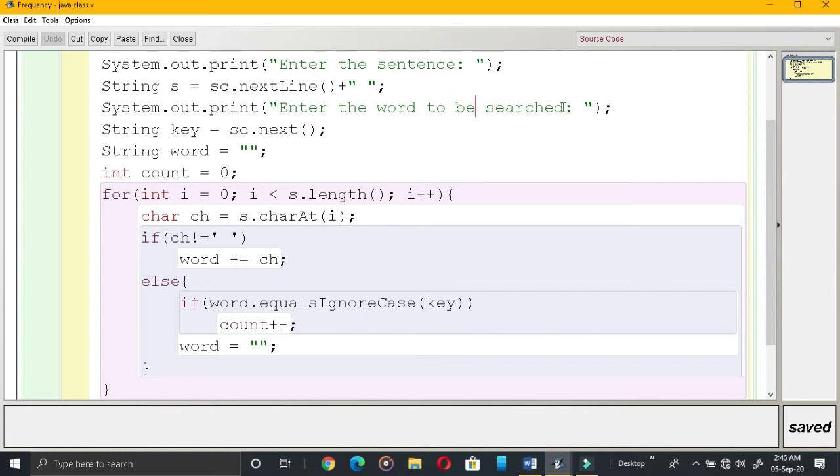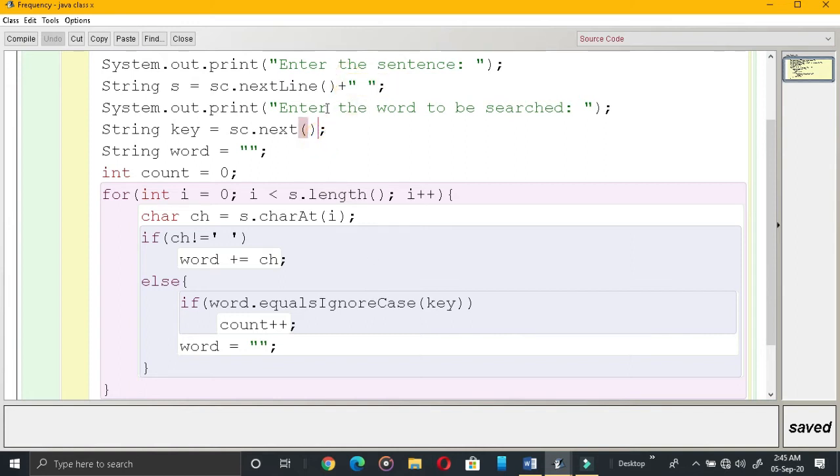So when it reaches over here, there is no space. That's why I have added a space automatically at the end, so that if the last word comes as the, then that also will be considered.